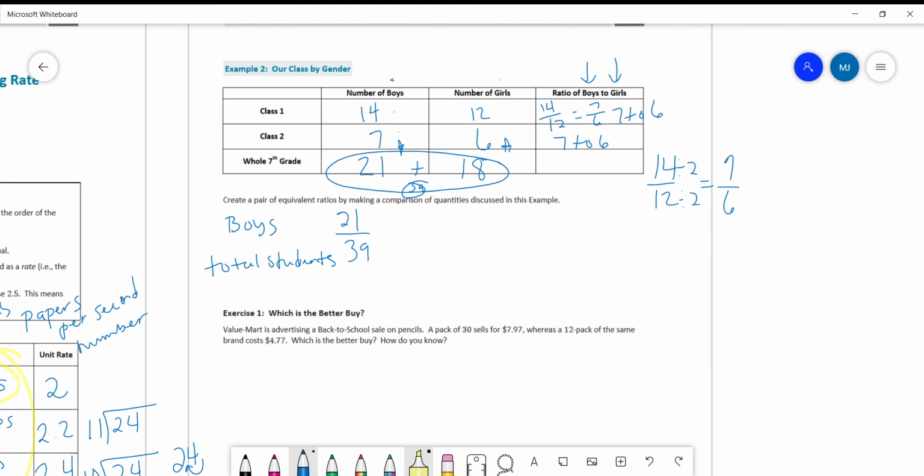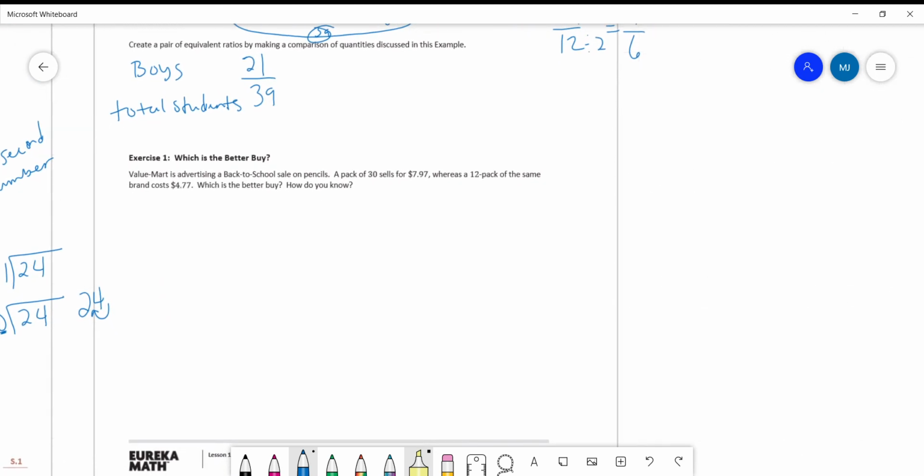Let's go on to the next part, which is the better buy. So better buy is one of the most important things that you're going to use. You're actually going to use that in real life, so I like using the better buy questions. To start off, I want to tell you to use money divided by amount. And so let's analyze this problem to see